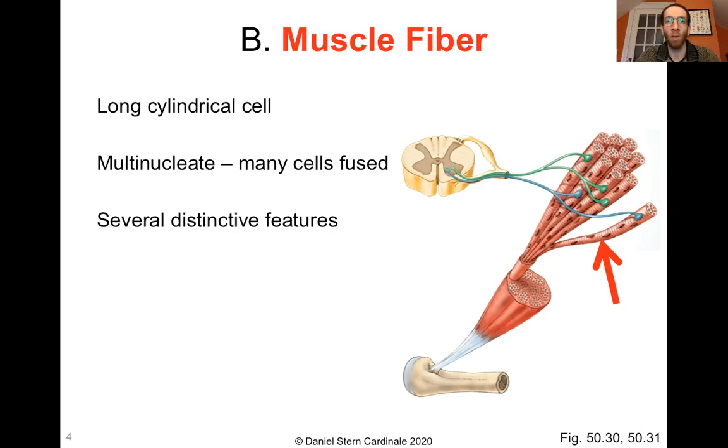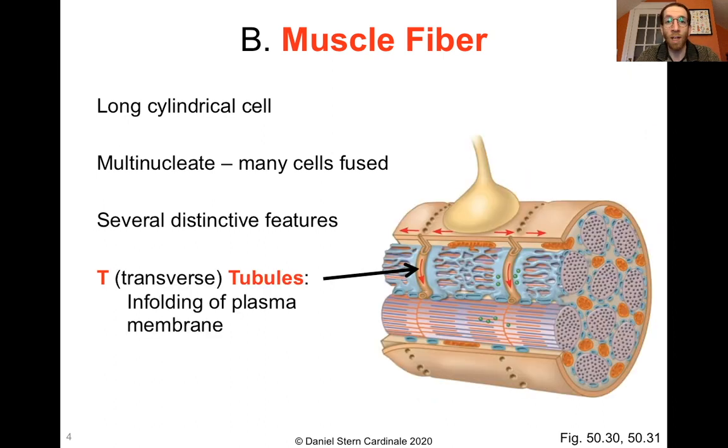Muscle cells are morphologically very unique. They have a number of distinct features. One of them that we're going to see when we get into the function of muscles is called T-tubules, or transverse tubules. These are infoldings of the plasma membrane that do what if we're folding? Right, we're increasing the surface area. So we have these very large diameter cells, but we have the plasma membrane folded inwards here, and it makes little tunnels through the cell. If you can kind of picture this, if you have this cylinder, you have little tunnels through it caused by folds in the plasma membrane called T-tubules.